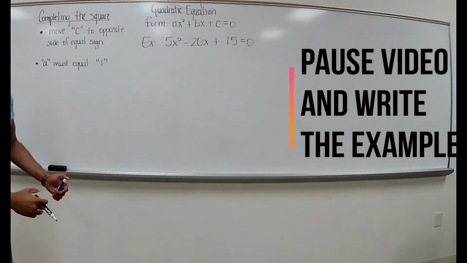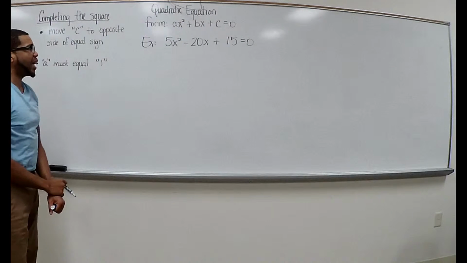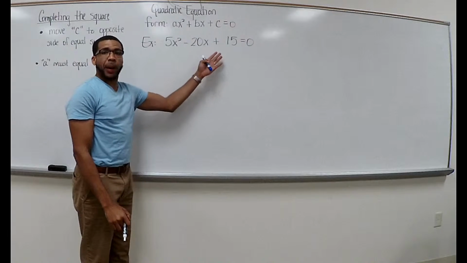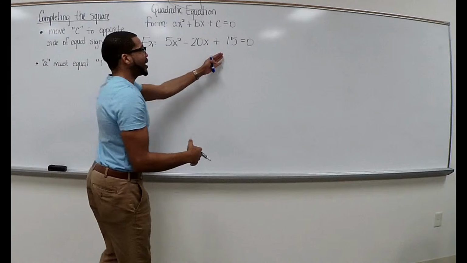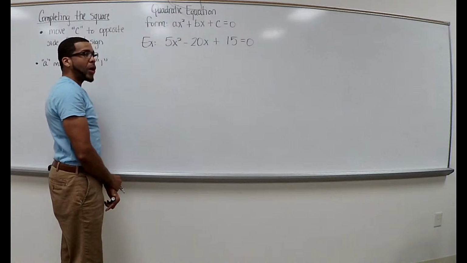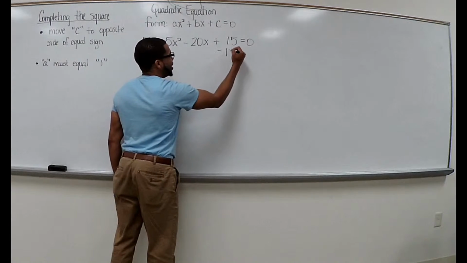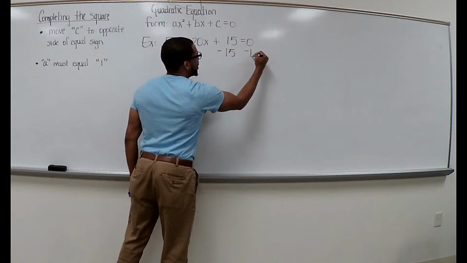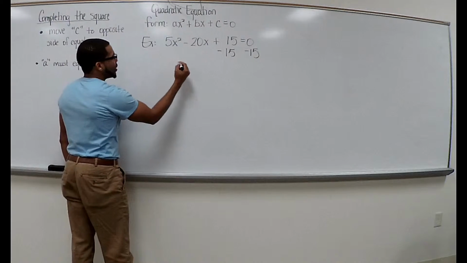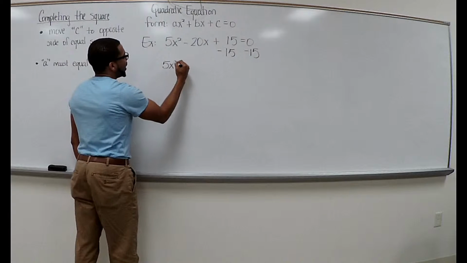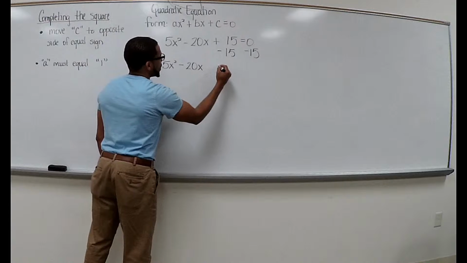Alright, so we're going to follow the process. The process says move C to the opposite side of the equal sign. Right now C is positive 15. How can we transfer positive 15 from this side to the other side? I'm waiting. Oh, you on it. You deduct 15. If you deduct 15 from one side, you deduct it from the other side to maintain equality. So now we have 5x squared minus 20x equals